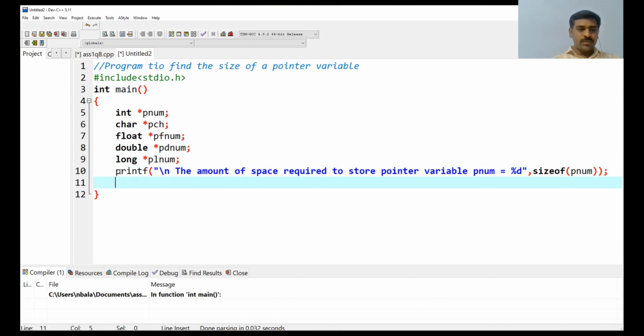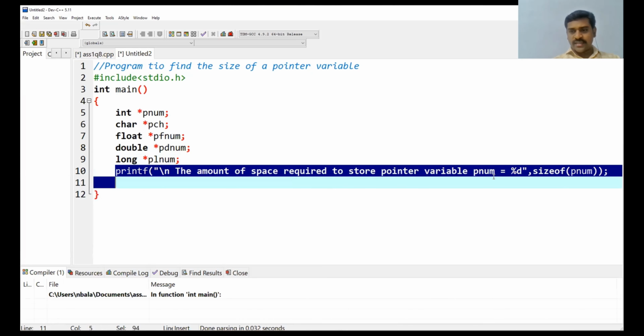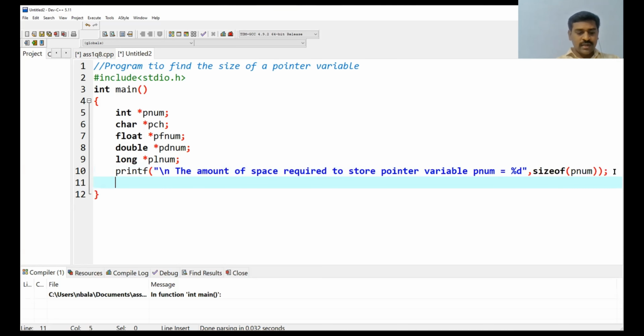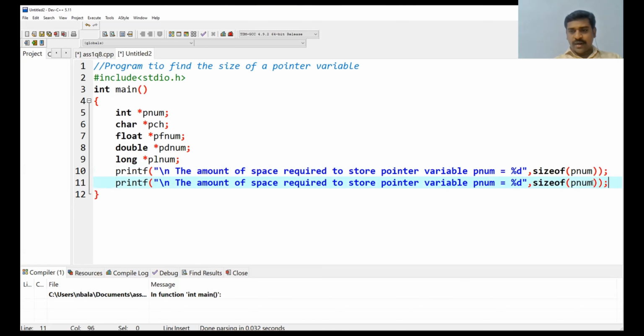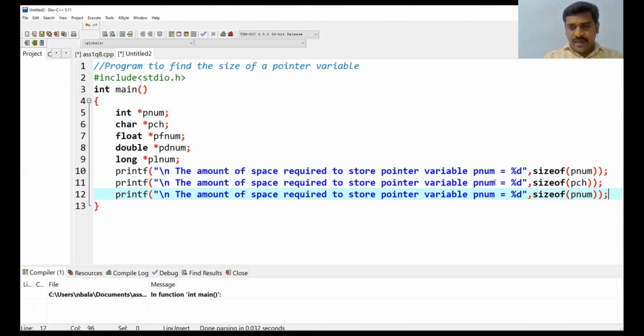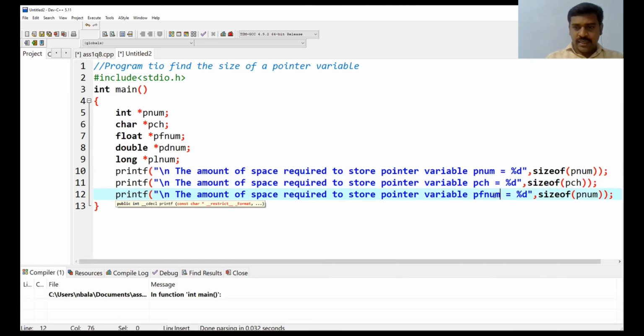Similarly, we have to find out the amount of space required for the second variable. Control V. Here my variable name is pch. Similarly, pch is equal to, and then pfnum is equal to, here I am writing pfnum.